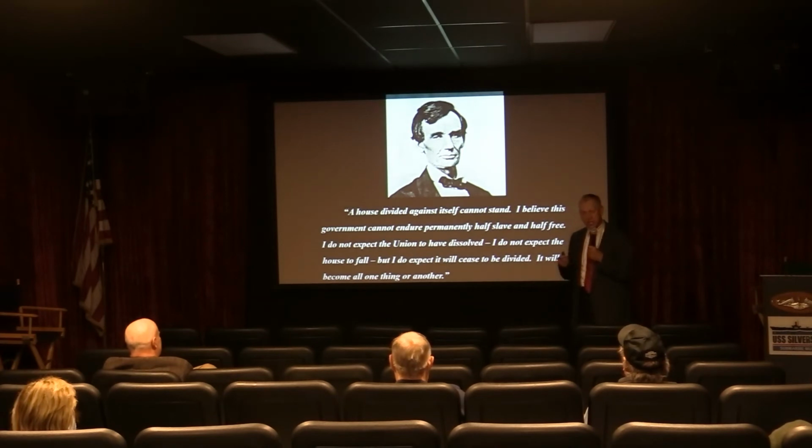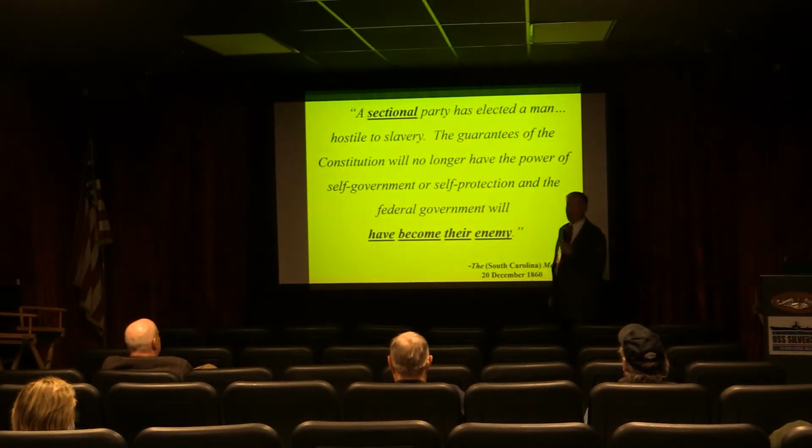Lincoln had made moderate statements. The House Divided speech: I do not believe it will become one or the other. It must not be half slave, half free, but must be one or the other. It cannot stand against itself. It was not taken as a moderate stance by the South. The South declared a sectional representative has taken charge of the government, and we have no place left in this country, certainly not with that government in Washington, D.C. They have now taken over the government, and they are bound to do us harm.